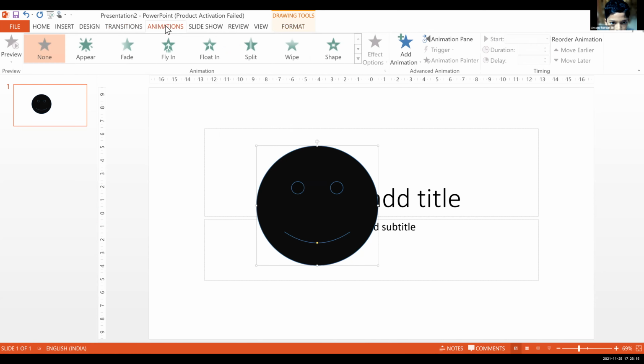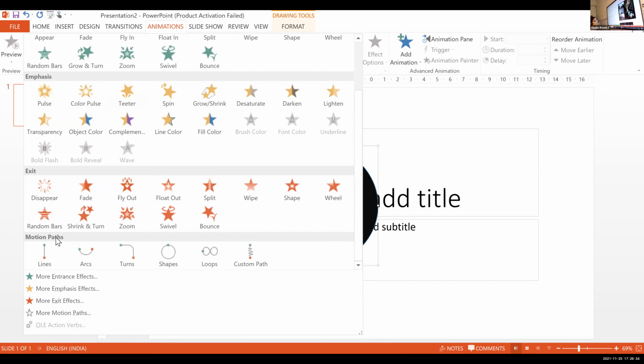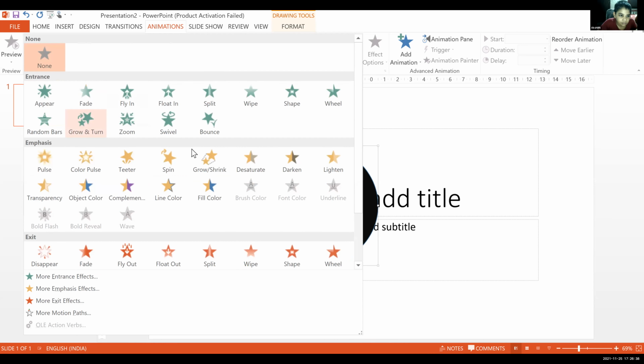Okay, now tell me which one I have to choose from here. Which one do you want? Shape? Where is shape? Which effect do you want? Entrance, emphasis, exit, or motion path? Entrance. From entrance, which one do you want?